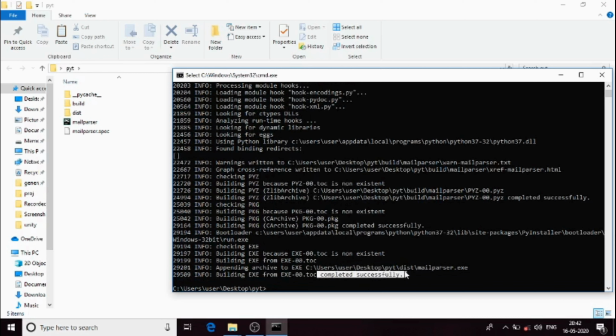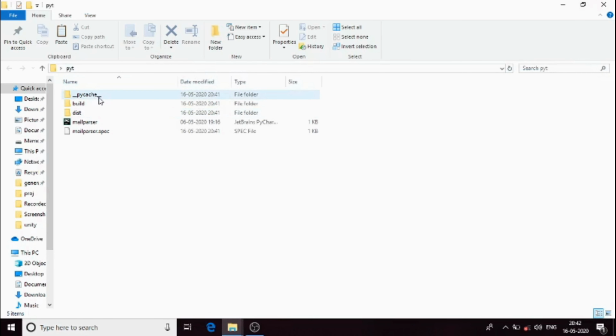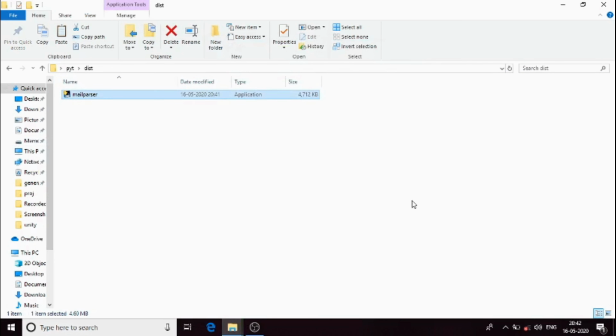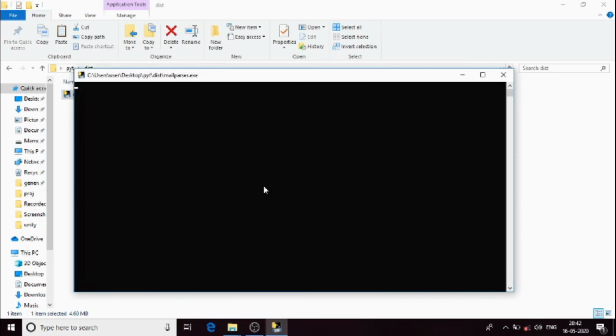Now you can close the command prompt window. Here you can see a few folders. You can delete the build folders, which are of no use, and open the dist folder. Inside that you will have one single file, one single application, which is nothing but the executable file with .exe. Once you open it, you can see your program running without the Python interpreter. Mine here is a simple program to enter your mail, which stores the mail address into a file.